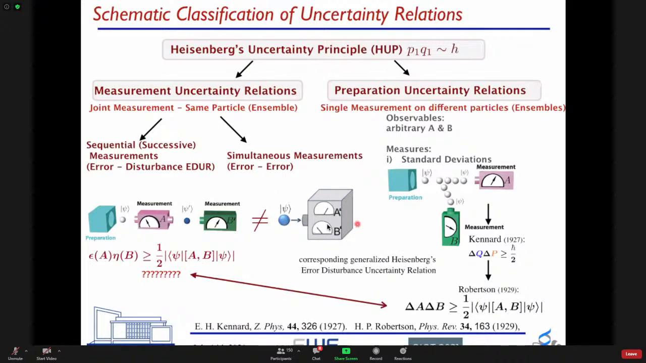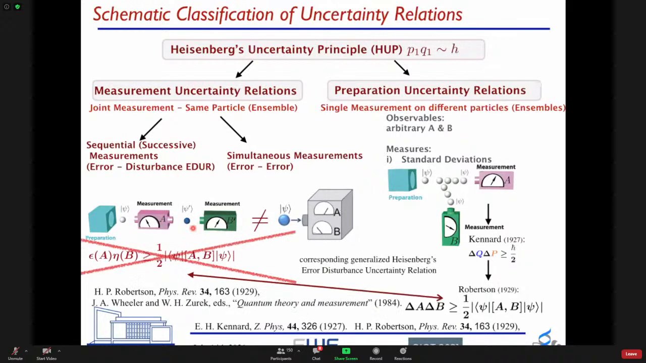And now the question is, what is the corresponding uncertainty relation to the Robertson preparation uncertainty in terms of measurement uncertainty? Is it simply that we replace the standard deviations of A and B by the error and the disturbance of measurement A and B? And the simple answer is no, it is not correct. It's not that easy. You cannot one-to-one correspond this to each other. You have to